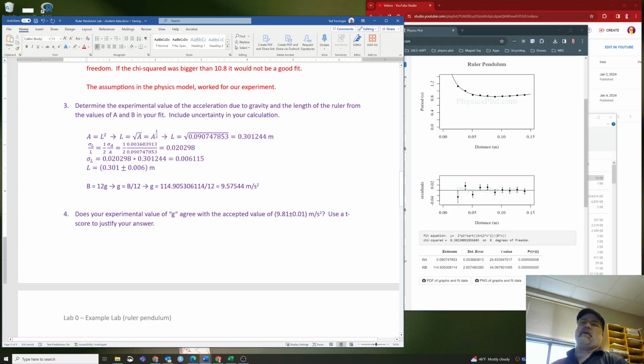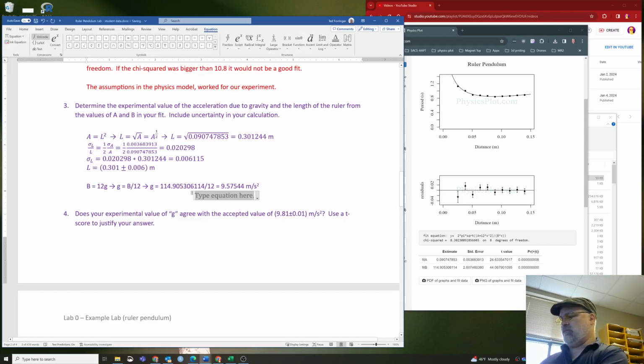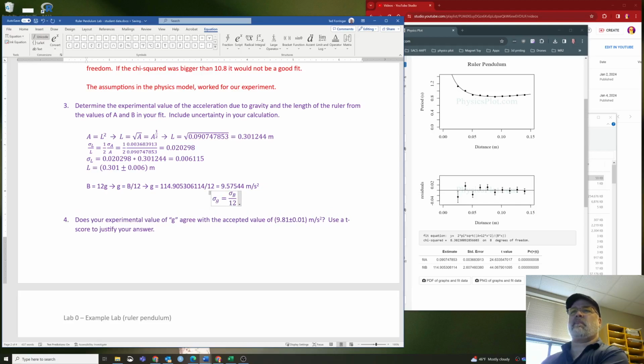Okay, that's great, but how do I find the uncertainty in G? Well, we are dividing by an exact value, 12. So this is actually rule 1. And if you go to the videos on doing math with uncertainty, rule 1 will tell us that for this situation, the uncertainty in G is equal to the uncertainty in B divided by 12, which in this case is going to be equal to